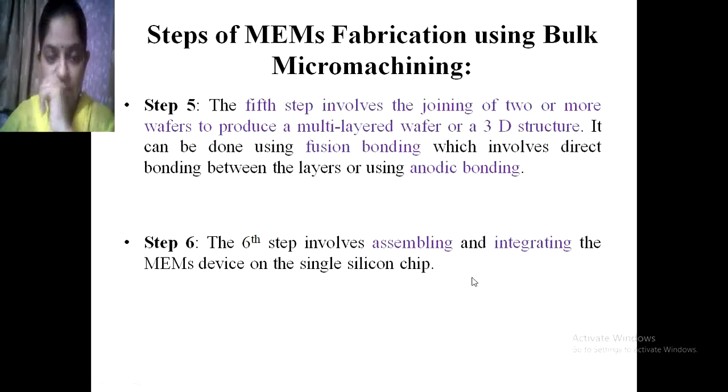Then in a fifth step, it involves joining of two or more wafers to produce a multi-layered wafer, or we can say 3D structure. It can be done using fusion bonding, which involves direct bonding between the layers, or using anodic bonding. So in step number 5, multi-layer structures are bonded with each other, which will make a 3D structure. Then step number 6 involves